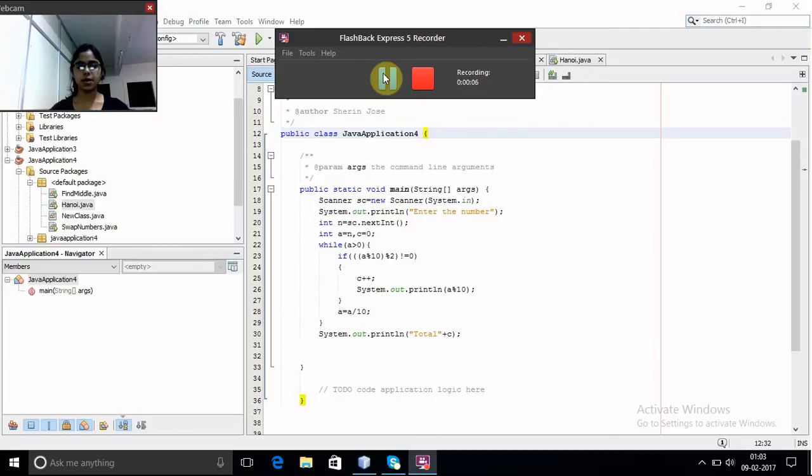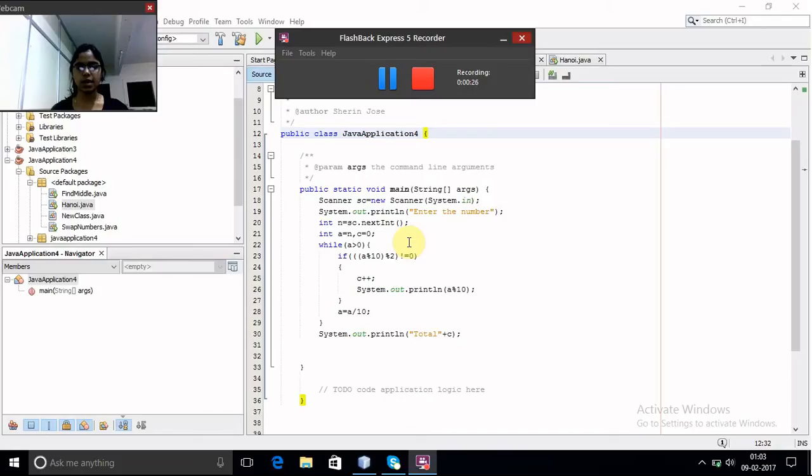Today I am going to explain how to find the odd numbers from the given number. This is the program for finding the odd numbers within the given number. So we are inside the main, and we are using a Scanner for entering the data. This is like a command line, and then after that